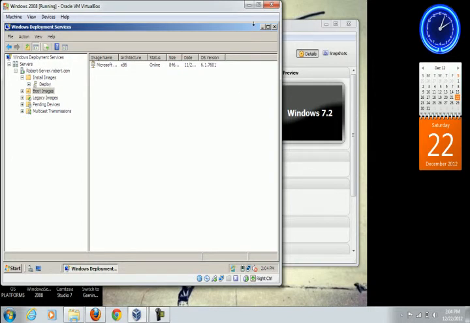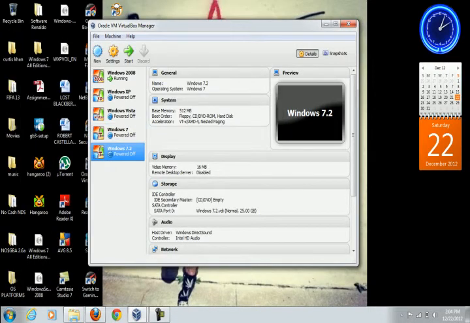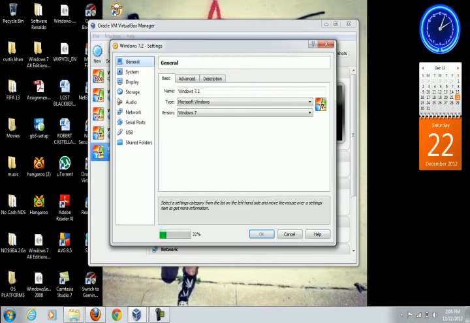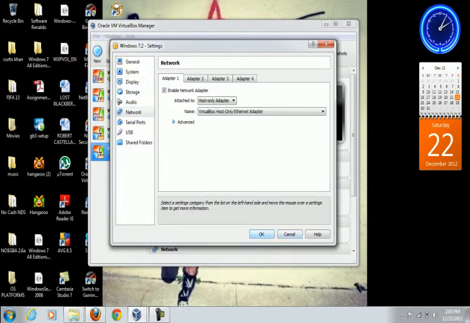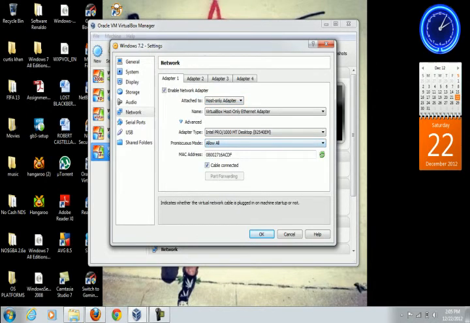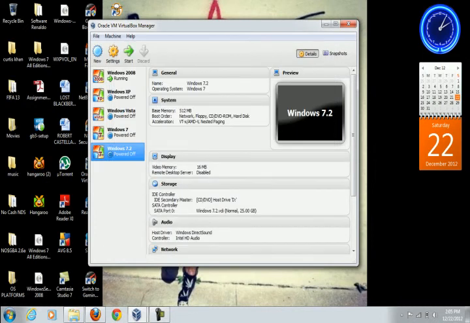Our install images and our boot images have all been successfully installed. You can minimize this, and now we go to our newly created VM and we go to settings. We go to system, and we're going to boot from the network. Next we go to network and make sure that our network adapter is set to host only and that it is allowed everyone. Press OK, and now we start up on Windows 7,